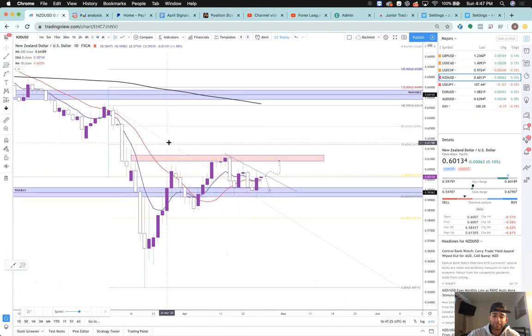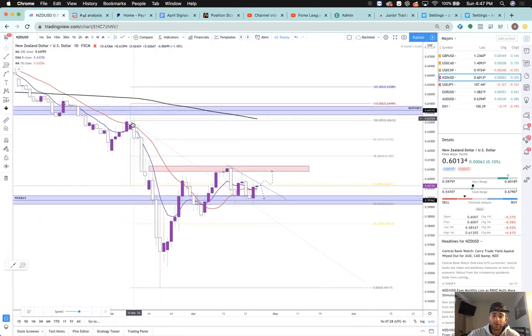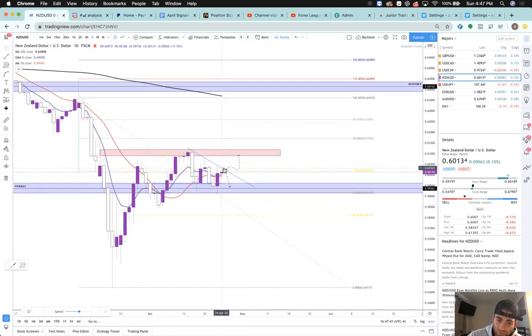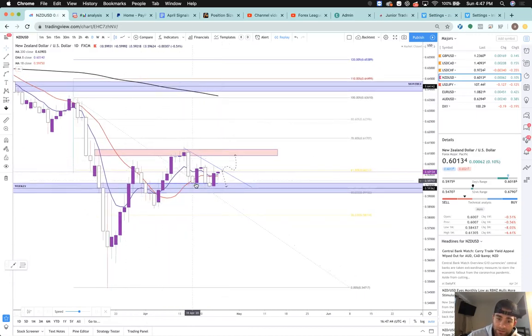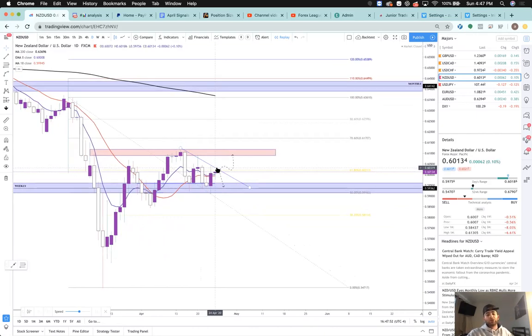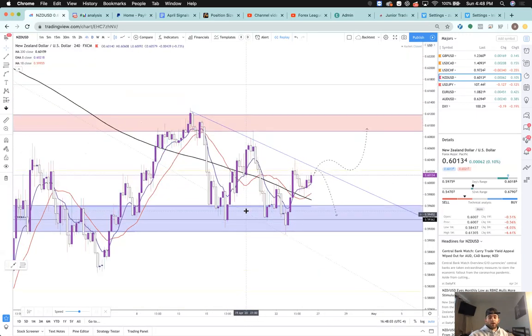Daily time frame. This is where I have my real fib drawn, high to low. We tested 618, broke lower, but didn't really make it too far. Came back up, actually broke this level of support or resistance. So we're slightly bullish on this daily time frame. And we got this bullish engulfing here, sort of a morning star went down here, a lot of resistance though. So based on the daily being, in my opinion, bullish right now at this support level, let's continue to go down to the 4-hour